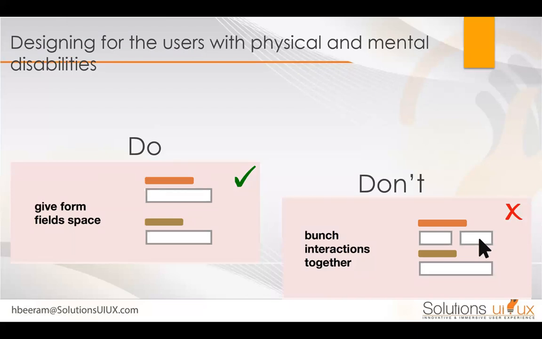Then physical and mental disabilities. So giving them form fields with space. If you give good enough space between each, it is much more clear, like first name, last name, address, and other things, versus saying just name and you don't know if this is first name or last name, and it gets confusing with all of the boxes that are not accurately labeled, or not laid out in an easy to understand fashion, and interactions that go together, it's going to be confusing.